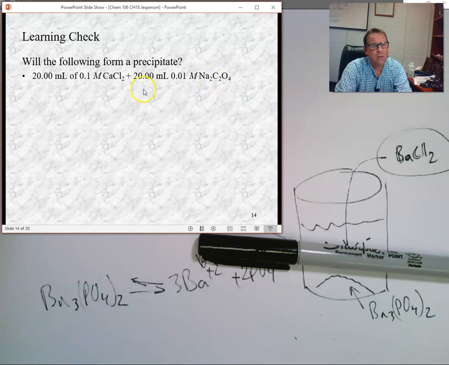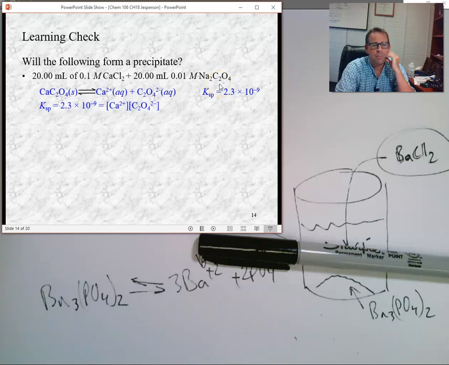Okay, so calcium chloride is soluble and sodium carboxylate is soluble, but calcium carboxylate is not soluble. So will a precipitate form? What we have to do here is know the KSP, and the KSP for calcium carboxylate